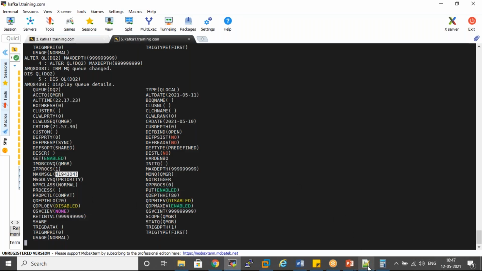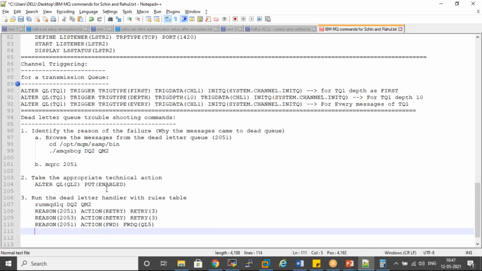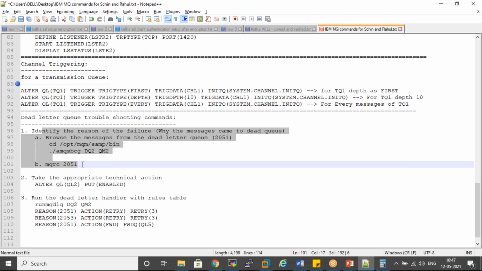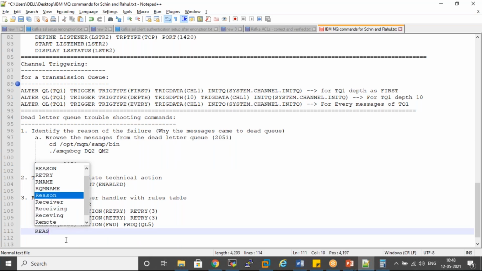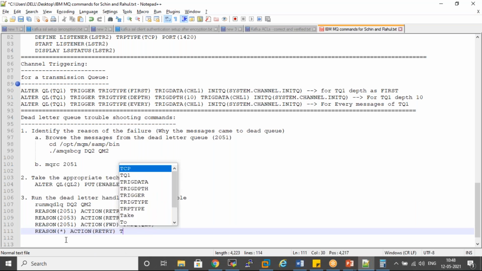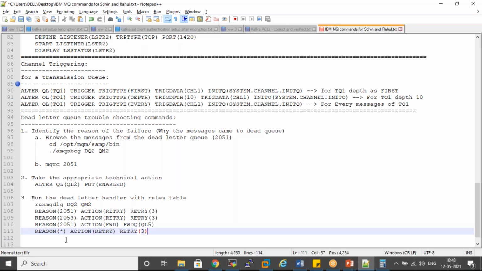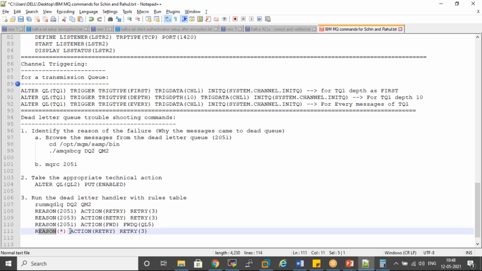Okay. Now I will tell you one more rule. Suppose somehow you are not able to identify the reason, because you don't have time to browse the messages, open the calculator, and do all these things. I will tell you one simple rule. Reason star, action retry, retry count 3. That's it. So you need not perform step number 1. 95% of the cases this will solve your issue,